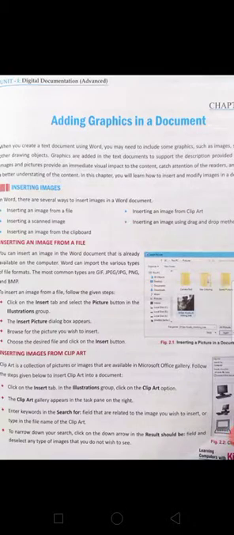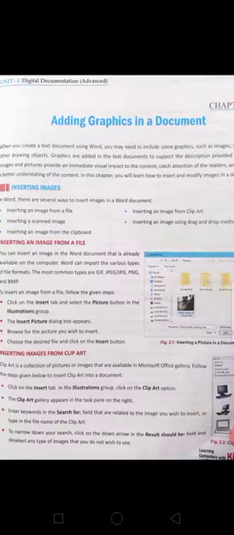10th class, we are reading Unit 1, Digital Documentation Advanced. In this we are reading Chapter 2, Session 2, Adding Graphics in a Document. All of you are familiar with these things. We are doing this from the 6th, 7th class.